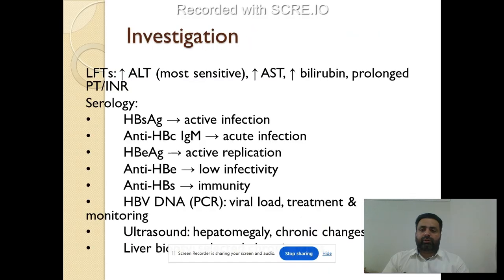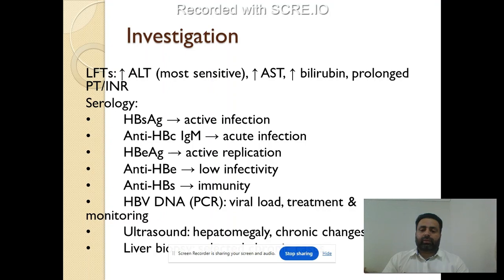So, what are the investigations? You will go for the LFTs. What you see in the LFT: increased ALT, that's most sensitive, increased AST, increased bilirubin, and prolonged PT and INR. In the serology section, you will go for the HBsAg, hepatitis B surface antigen, that shows active infection,